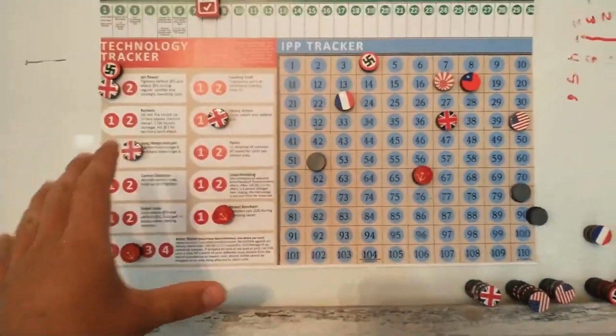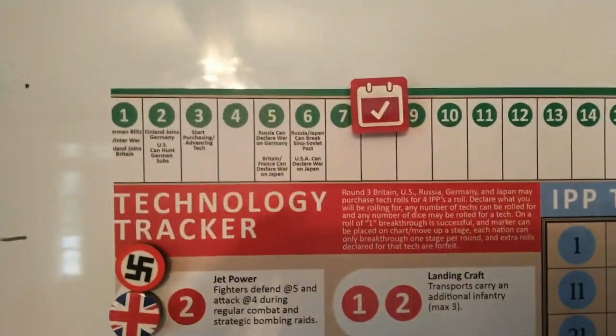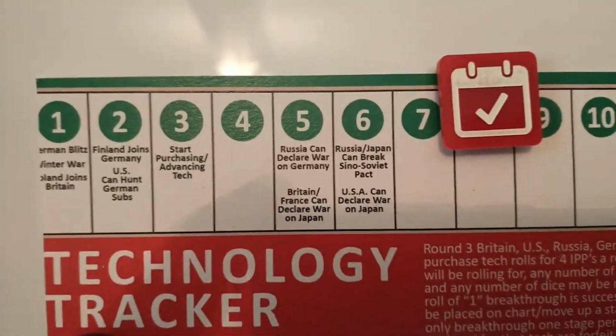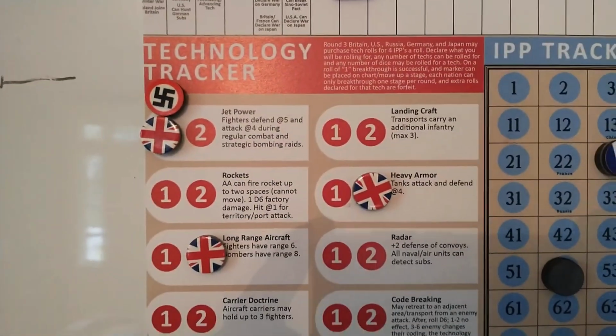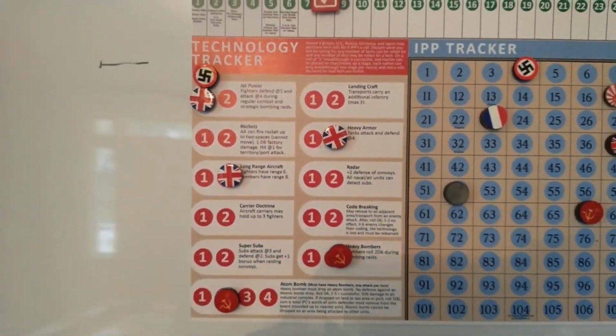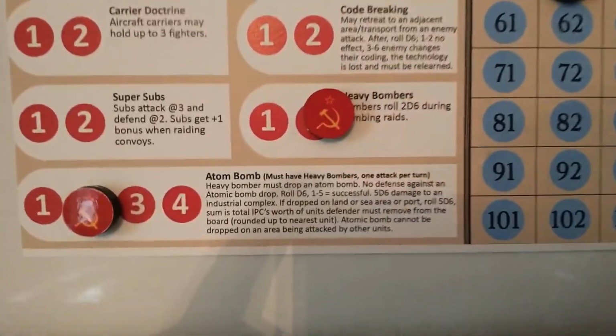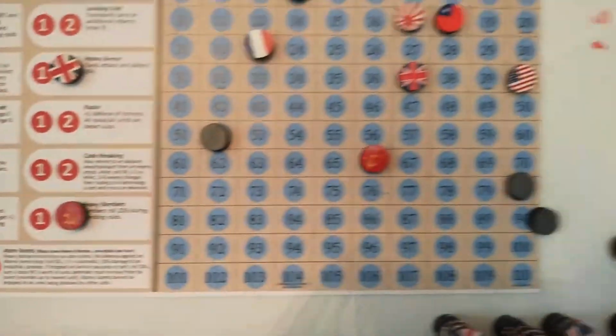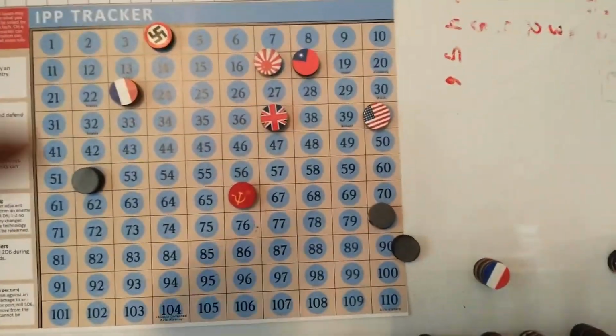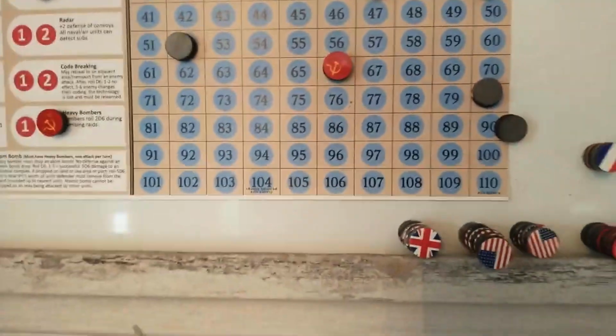You can see here, if you print this out, you'll have the turn tracker with player aids for each turn, along with an expanded technology tracker with multi-turns, and of course the atom bomb, and then the turn tracker here, along with victory conditions. So